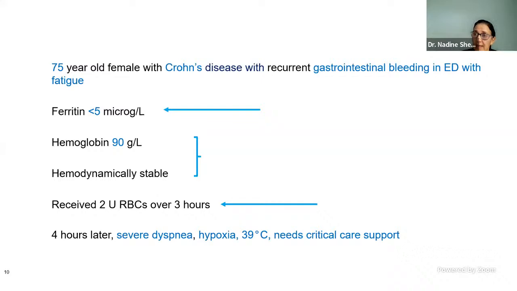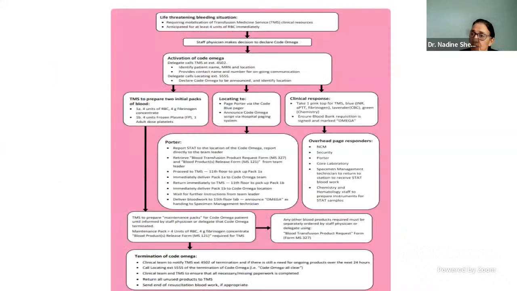And again, that level of error or level of education starts from the patient onwards. If this patient, however, had come into the hospital, for instance, and was massively bleeding, then it's completely different, because then a lot of other members of the hospital need to be informed about how to manage a massively bleeding patient. In our hospital, when it's a massive bleeding patient, that is called a code omega, for example, and